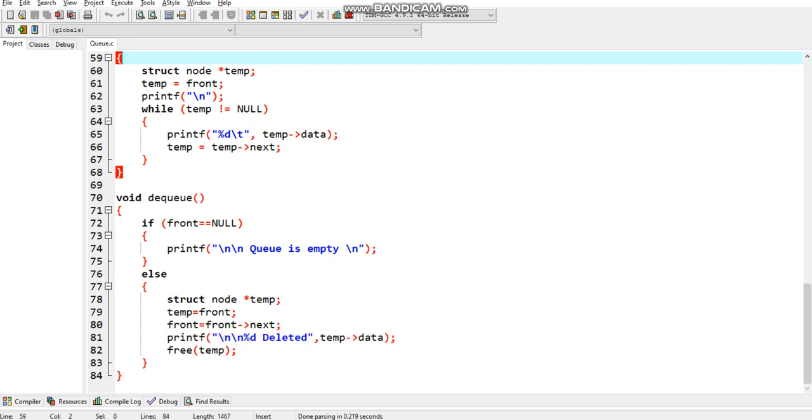The temp will go to front, where the element is there, and take that element with temp pointing to data. Then it will free the memory where the first element of the queue was, delete it, and the next number will go in front. So this is the program.